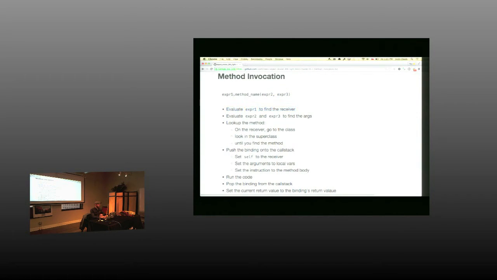First thing we're going to do is run this code to see what it evaluates to. Second thing we're going to do is go run these 2 pieces of code to see what they evaluate to. And now I know what I want self to be in the binding to run this method. And I know what local variables to set inside of that binding as well.